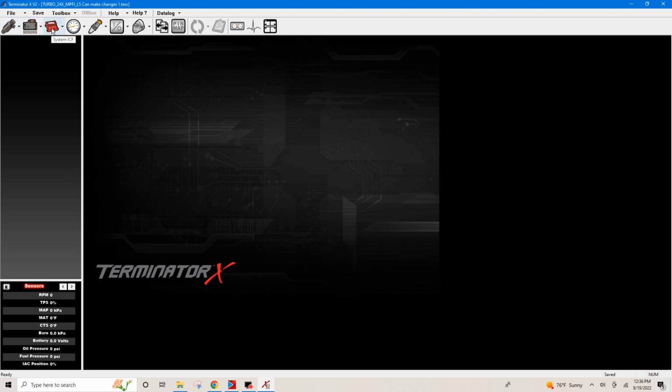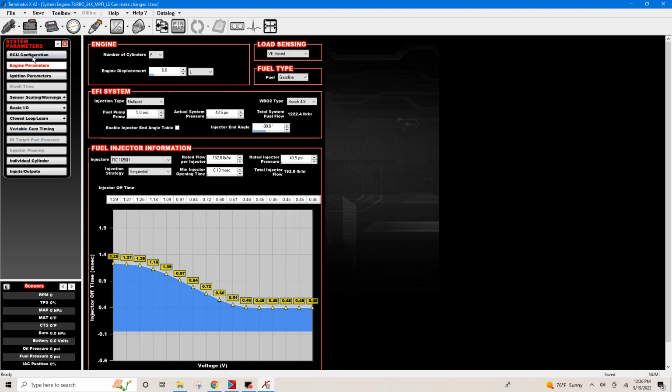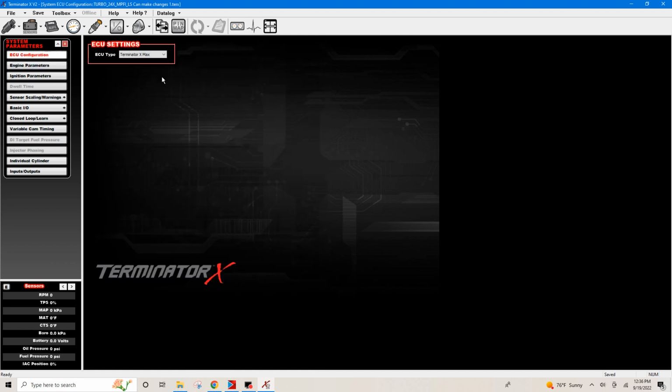and then we're going to go over here to the System ICF dropdown. We're going to click that. We're going to go into ECU configurations. Or I'm sorry, engine parameters. We're not going to do it in ECU configurations, but we do need to check this always. So the ECU configurations, we just want to make sure that it's set